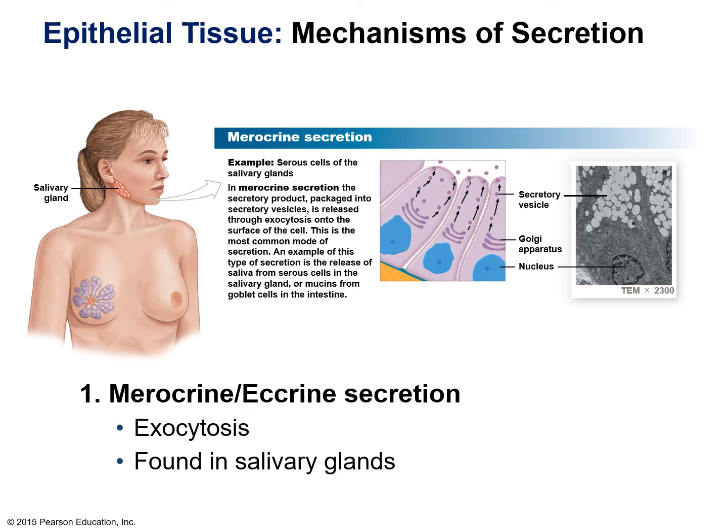Glandular epithelium has three mechanisms of secretion. The first one is called merocrine or eccrine secretion. Merocrine secretion is simple exocytosis. If you look at the figure, the middle panel, it shows that there are the purple shaped cells, the blue colored nucleus and the dark purple Golgi apparatus. A secretory vesicle comes out from the Golgi apparatus. The secretory vesicle starts moving towards the cell membrane. It fuses with the cell membrane and the contents of the secretory vesicle are exocytosed out. An example of merocrine secretion is found in the salivary glands.